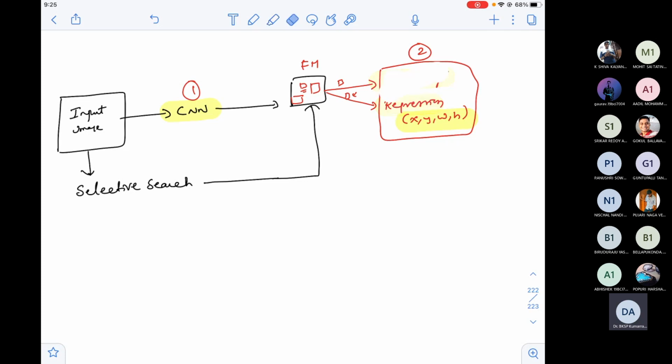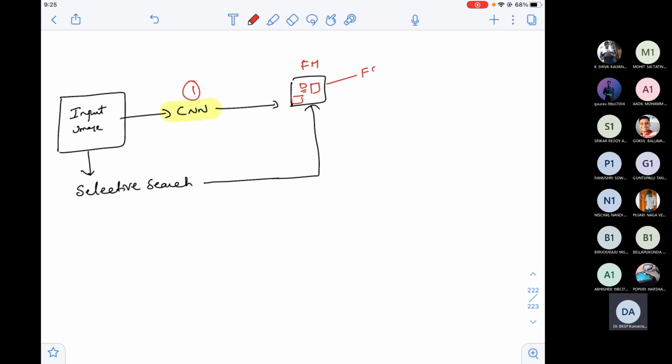If you want me to be very clear about this, let me explain. I'll have a fully connected layer 1 which will tell the object class. Till now, whatever CNN I have is just the feature extraction part: convolution, max pooling, and so on, till the start of the fully connected layers.